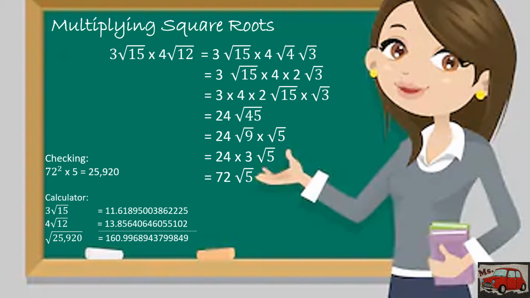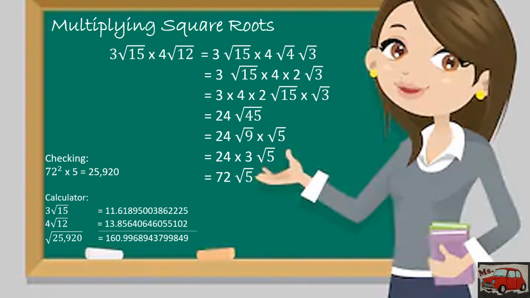Now, 45 has a factor that is a perfect square, which is 9. So in that case, I can still take its square root. The square root of 9 is 3. So when I multiply it by the existing 24, 24 times 3 is 72, and then just put the square root of 5. Okay? So again, to check that, just reverse. I have 72 as my coefficient, so I'll just square that. So 72 squared times 5 is equal to